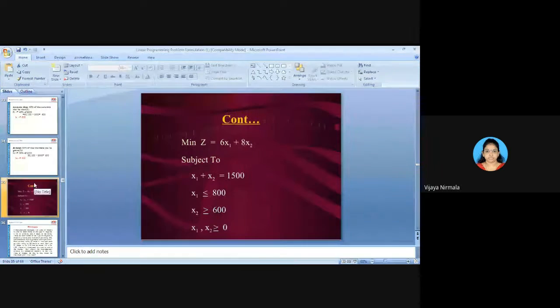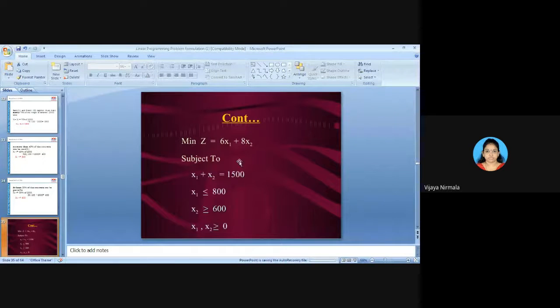I think you understood. I'm not discussing how to solve this problem. I'm just telling how you have to formulate. In the next sessions, we will discuss how to solve the problem. Before solving the problem, first of all, you need to understand how to formulate it. The equations, whatever you frame, and how you have to frame, this is one important thing. So for that only, I am taking more sessions to give various examples for maximization or minimization for each and every model.